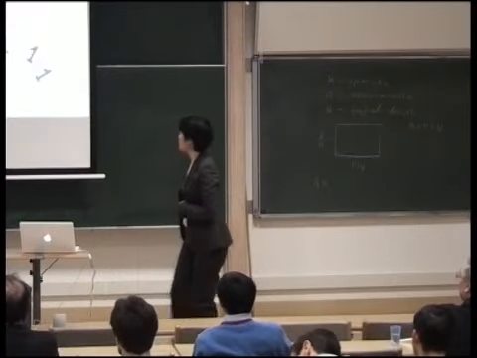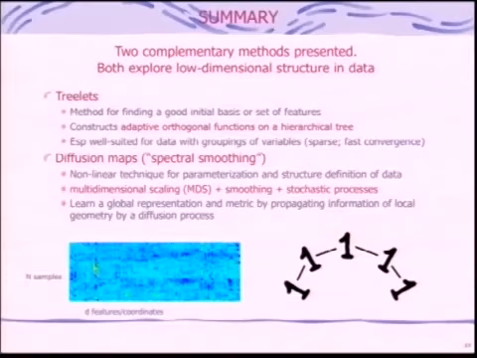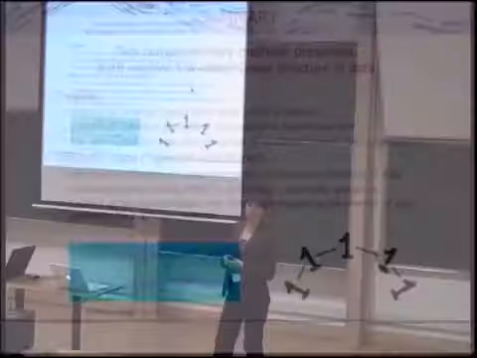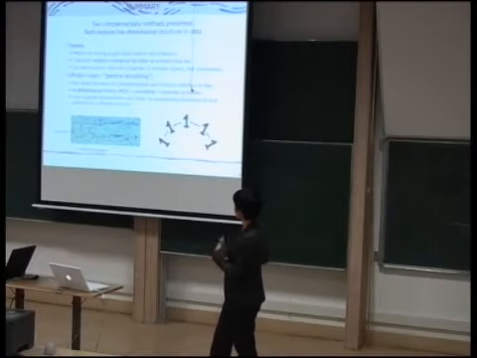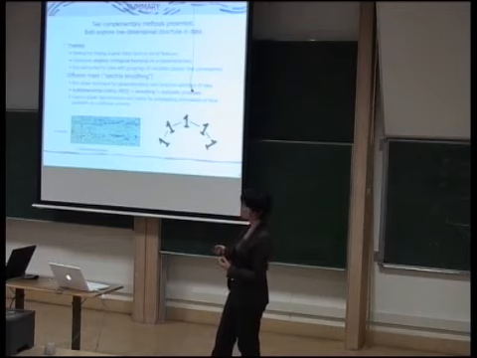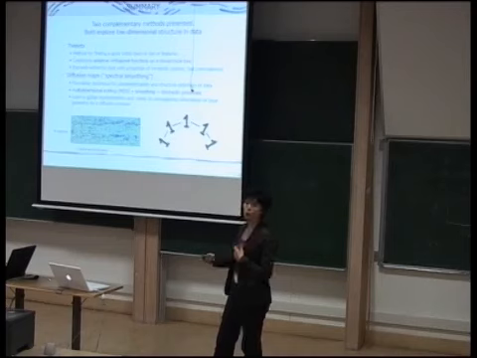So I'm just going to wrap up here. I presented two complementary methods that both explore low-dimensional structure in data. One is treelets, which constructs adaptive orthogonal functions on a hierarchical tree. The second is diffusion maps, which I would like to call spectral smoothing, because it's a mix of different ideas. It's a mix of multidimensional scaling, smoothing, and stochastic processes. So the idea is that you learn a global representation and metric by propagating information on local geometry by a